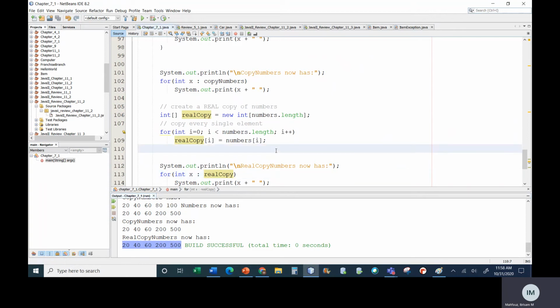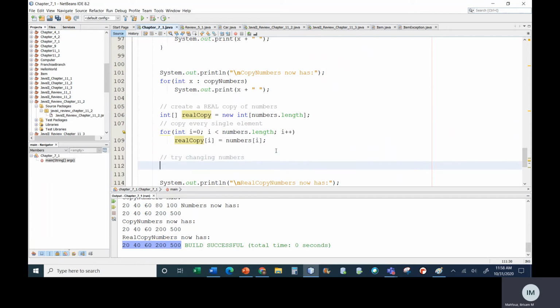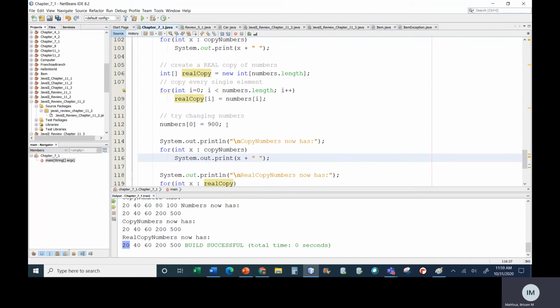Now what I'm going to do is I'm going to try changing numbers here. Okay, so I'm going to say numbers of 0 equal to 900. Okay, let's see if that changes real copy. And when we run it, we find that real copy is not changed. It is still 20. Now, was numbers changed? Yes. If I try to print here numbers,